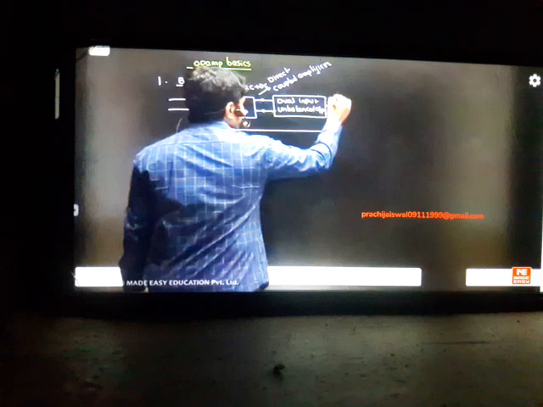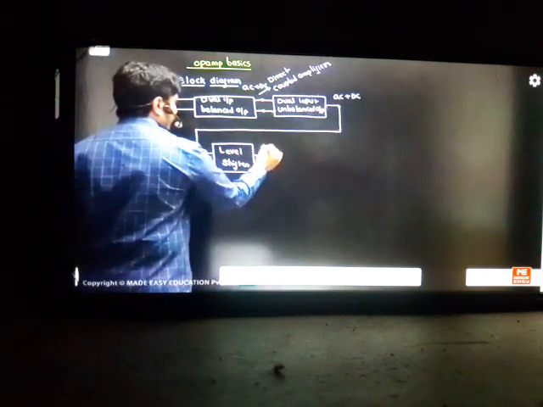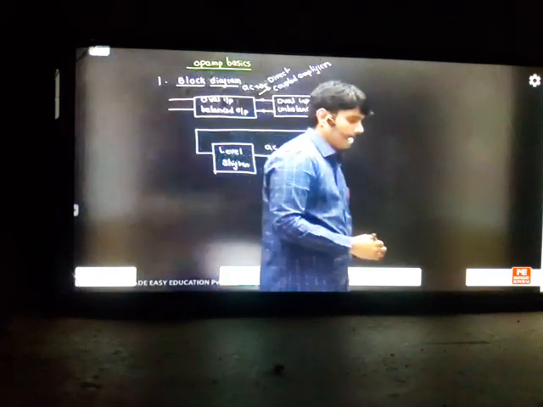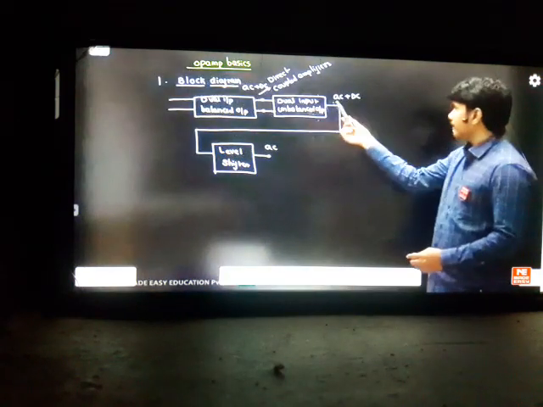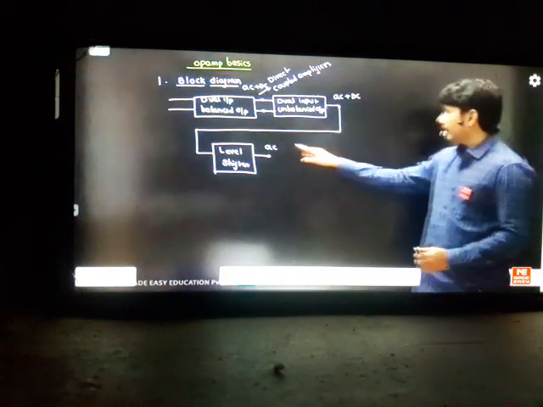So this AC plus DC will come here also, because there are no coupling capacitors to block it. Finally AC plus DC is coming, but we are interested only in AC, not DC. DC should not come to the output; I want only AC amplification, not DC amplification. But in direct coupled amplifiers, AC plus DC is coming. That is the reason why, if you want only AC, there is a technique called